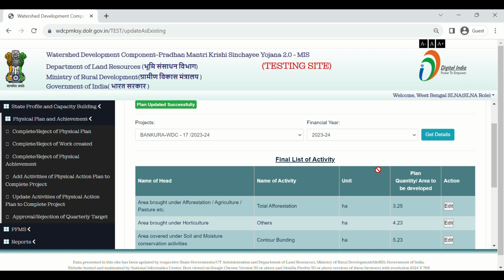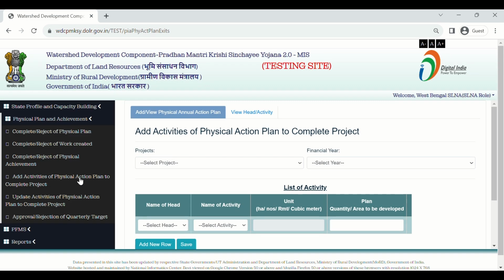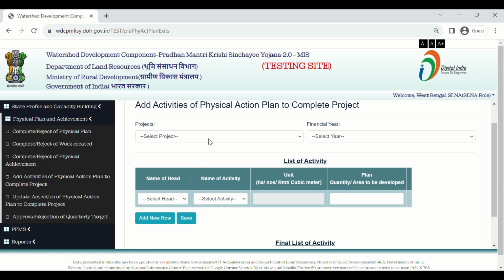The SLNA user can also add activities of physical action plan to complete project. For this, click on Add Activities of Physical Plan to Complete Project under the Physical Plan and Achievement menu. Select the project name.